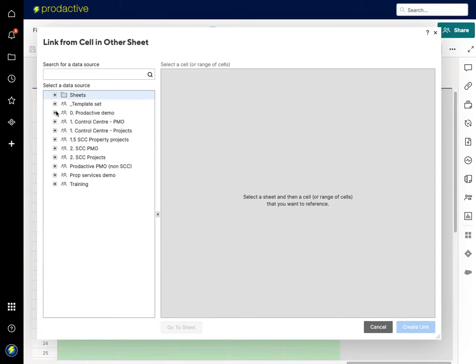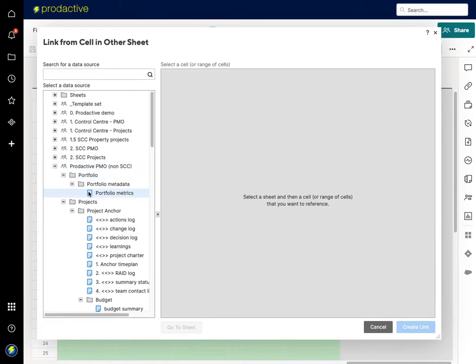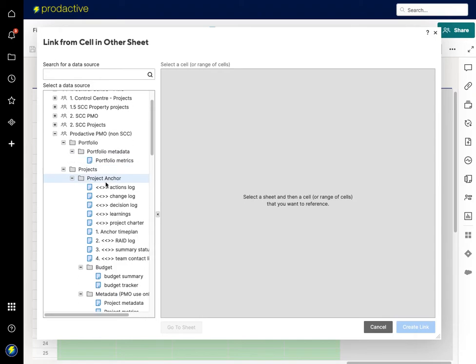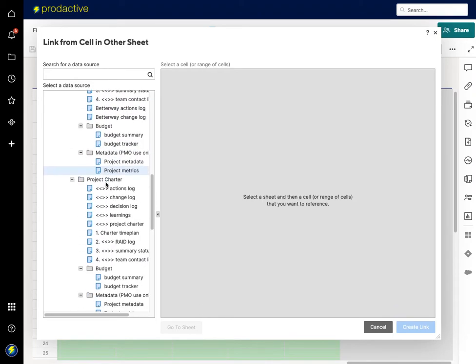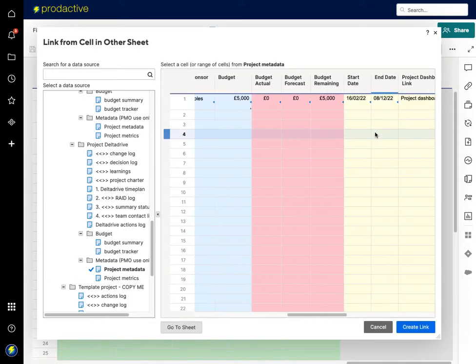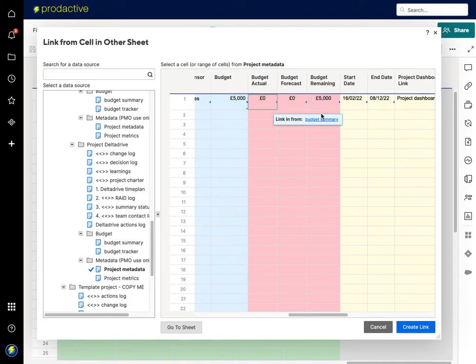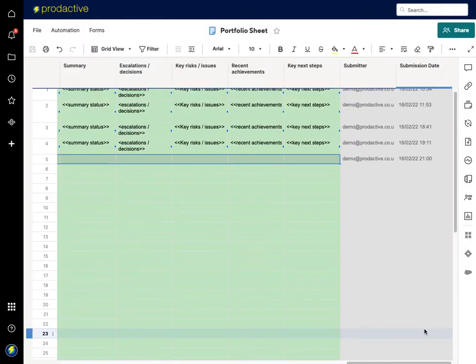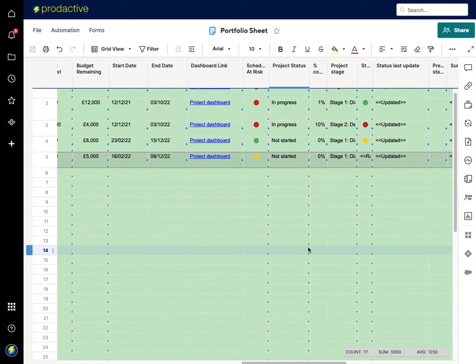I'm going to then find the portfolio sheet, and if I go to the portfolio, I'm looking for the portfolio sheet here, and in fact I'm looking in the wrong place. I need to find project Delta Drive, and I'm looking for this one, the project metadata, and here we go. So as this comes up, I'm now going to find all the information which I want to pull through onto the portfolio sheet, and I've selected that information, create the link, and you'll see that information is now pulled through automatically from the sheet here,